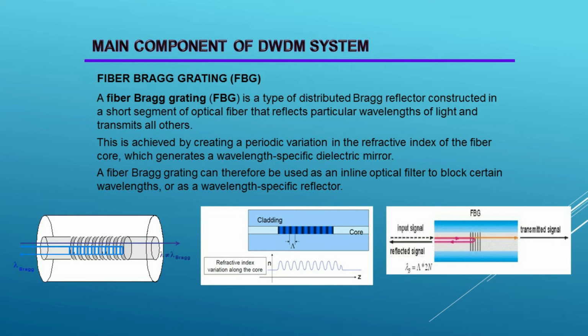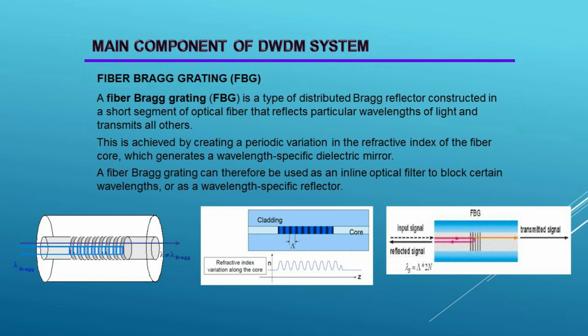Fiber Bragg grating, FBG. A fiber Bragg grating, FBG, is a type of distributed Bragg reflector constructed in a short segment of optical fiber that reflects particular wavelengths of light and transmits all others. This is achieved by creating a periodic variation in the refractive index of the fiber core, which generates a wavelength-specific dielectric mirror. A fiber Bragg grating can therefore be used as an inline optical filter to block certain wavelengths, or